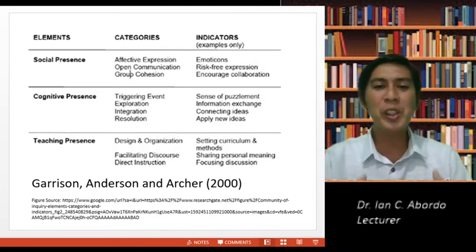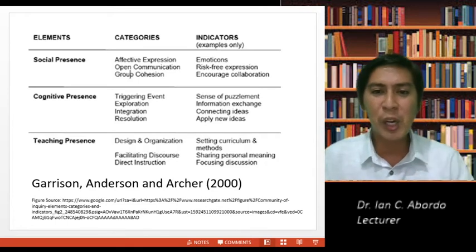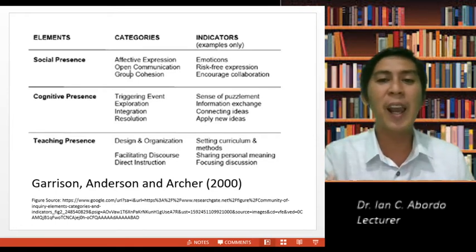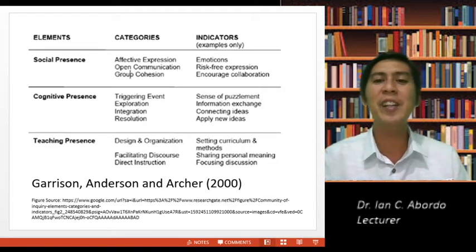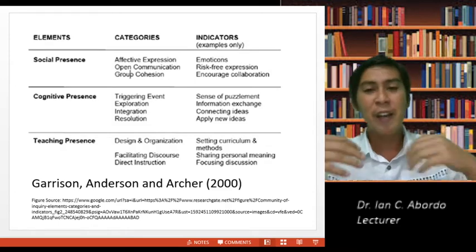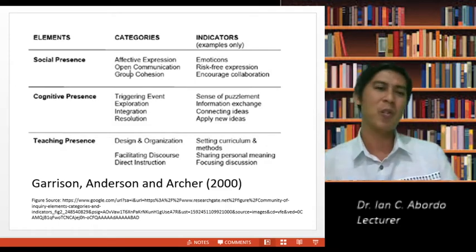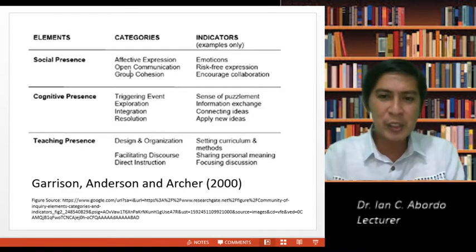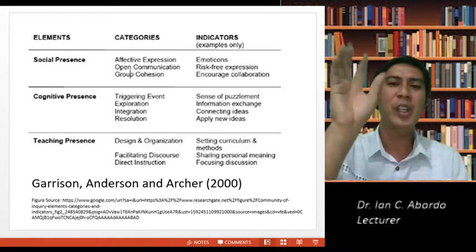When we say social presence: affective expression, open communication, group cohesion. So in an online class, you have the emoticons, right? Risk-free expression. They can express, ma'am, I can't do this. They can use their chat boards and then they can share.